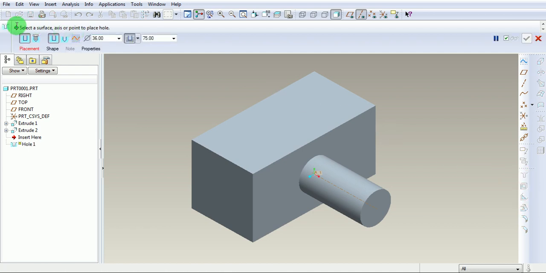Read the command line. Select a face, axis or a point to place a hole. Click on this face. The hole is defined on this face, but the location of the hole with respect to two references are not yet defined. These green color grips are free, and pick a hold on those green grips and drag it to one reference. They will snap to the references. The moment they snap to the reference, they will highlight at what value they are apart from the center of the hole. Enter the value